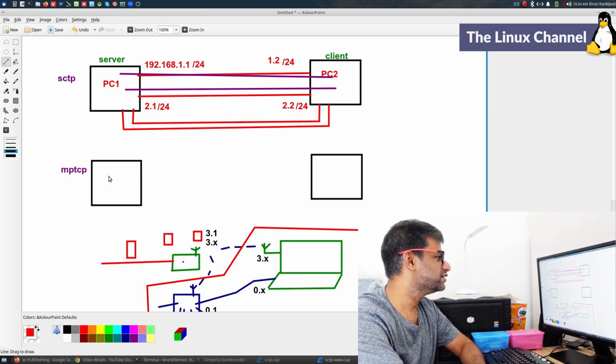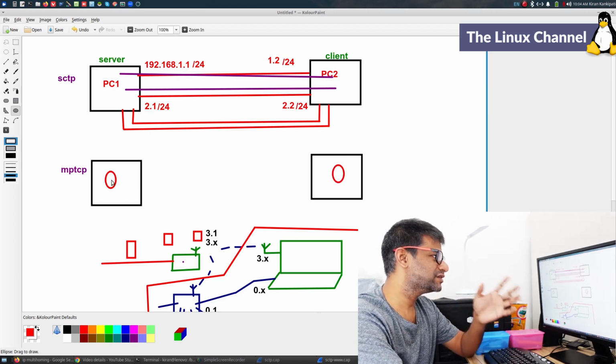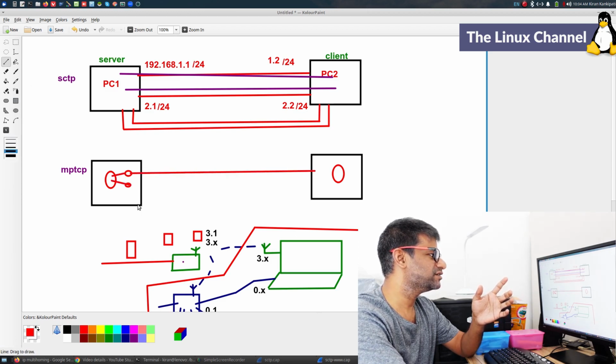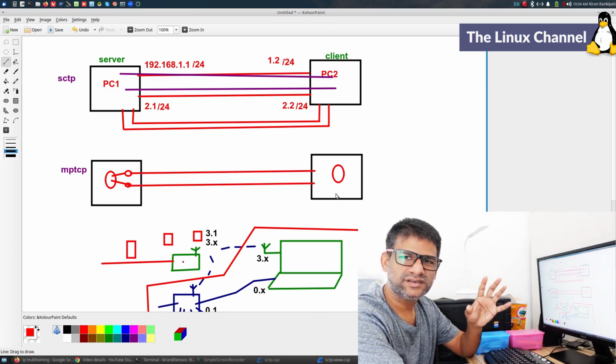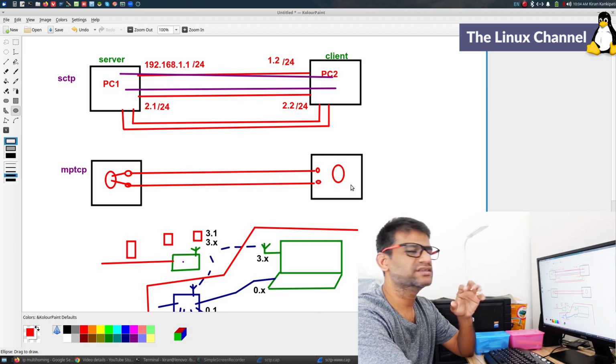You have a regular TCP flow going on between this TCP client and server, but this flow will get split into multiple subflows. Something like this, and then it will be carried forward. Again, here these subflows will get converged into a single flow. That's what happens with MPTCP.